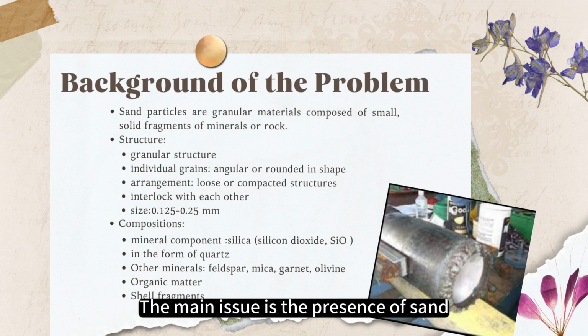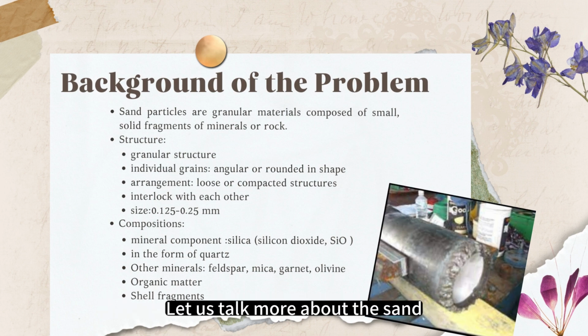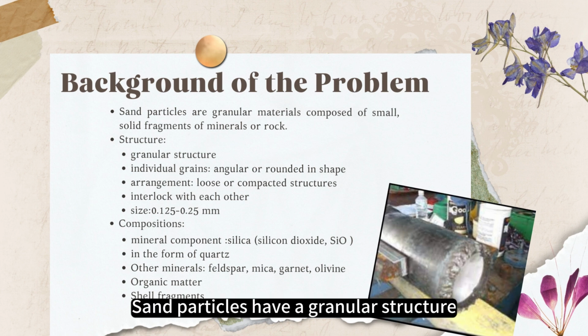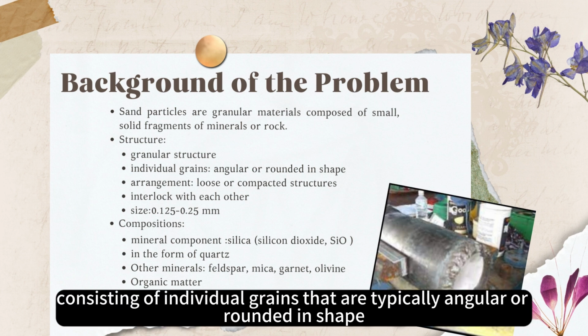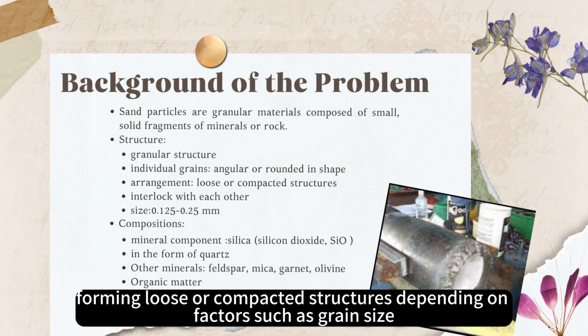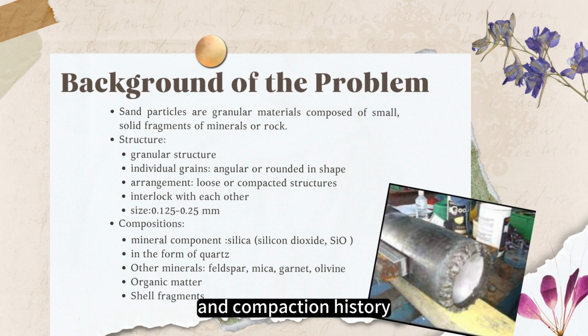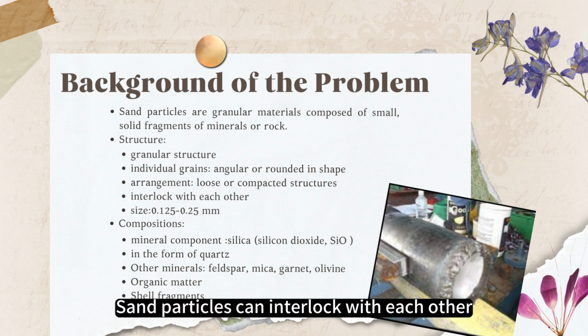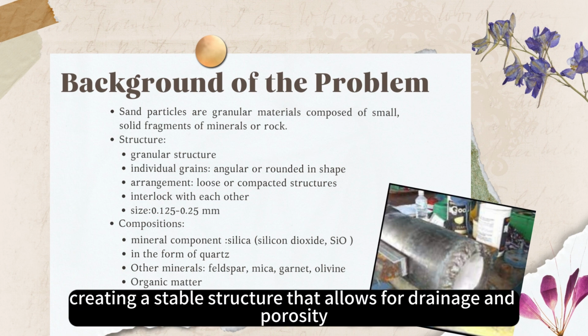The main issue is the presence of the sand. Let us talk more about the sand. Sand particles have a granular structure consisting of individual grains that are typically angular or rounded in shape. The arrangement of these grains can vary, forming loose or compacted structures depending on factors such as grain size, moisture content, and compaction history. Sand particles can interlock with each other, creating a stable structure that allows for drainage and